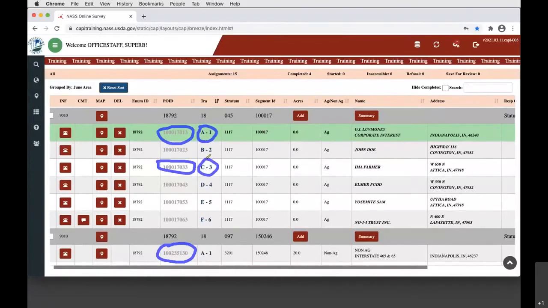These tract letters cannot be changed, unfortunately, so if we do verify, for example, that GI Love Money of corporate interest is operating in the segment, and we determine the general location of this tract, we have to mark that tract on the photo with the letter A. That goes for each of these other tracts as well. Now, some of the pre-populated tracts may have